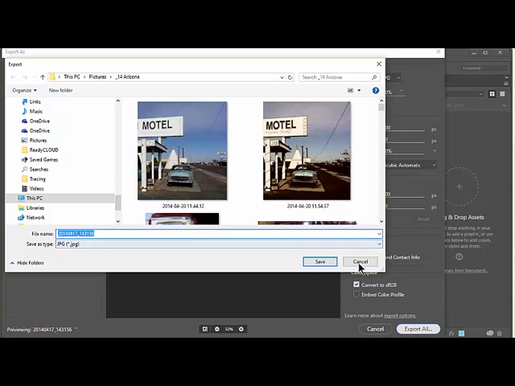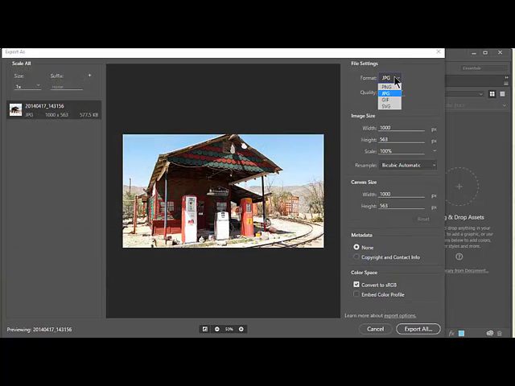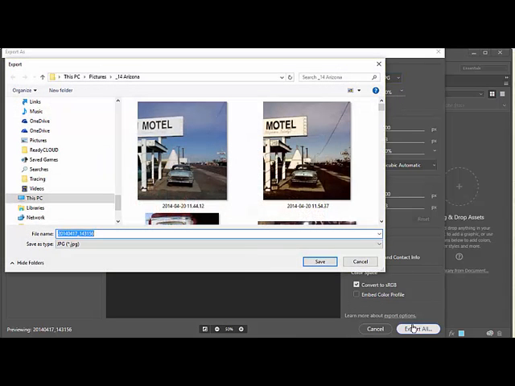JPEG is selected because here I selected JPEG. I can also export it as a GIF or as a PNG. SVG is much less known, but all of these top three are web conformed formats that will show properly on a mobile device or also on a website. And in this case, JPEG, export, and here again I'm in the save menu and I can save this one